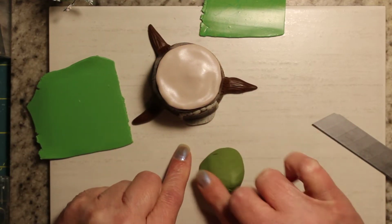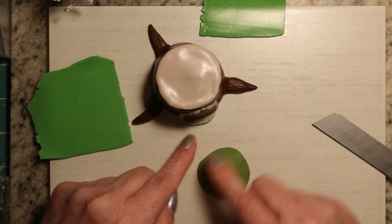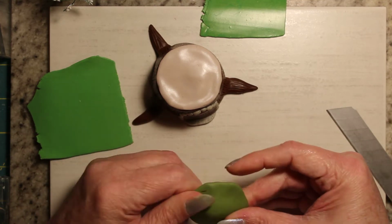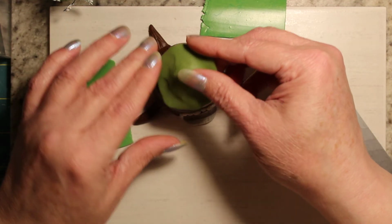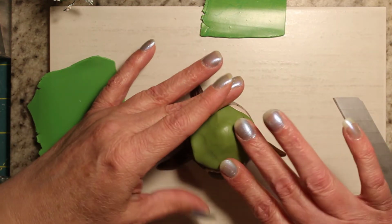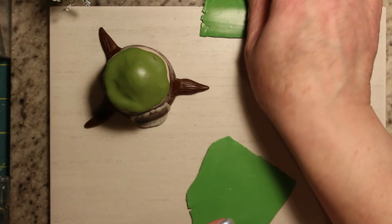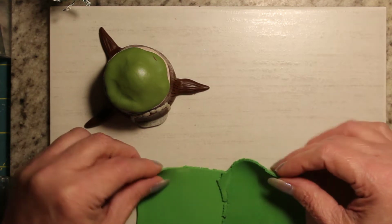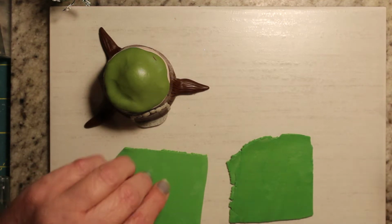And press down the outside edges just to give it some height in the center. Okay, and press this down. I'll be using a couple different colors of the green. They're pretty close in color. One is slightly darker, and I'm just going to